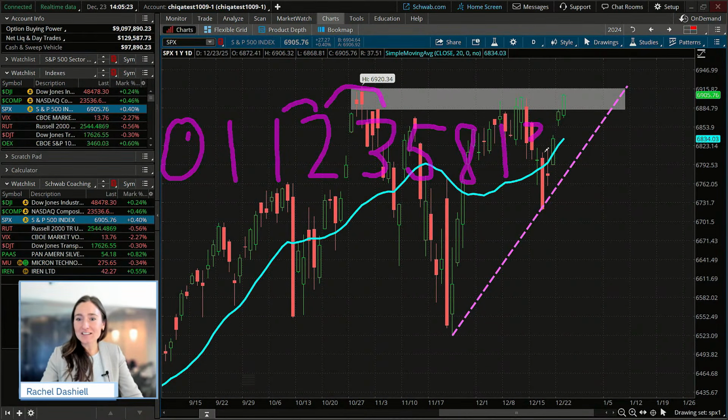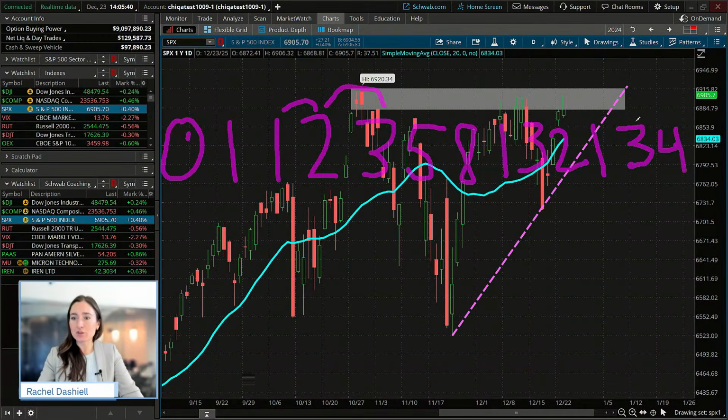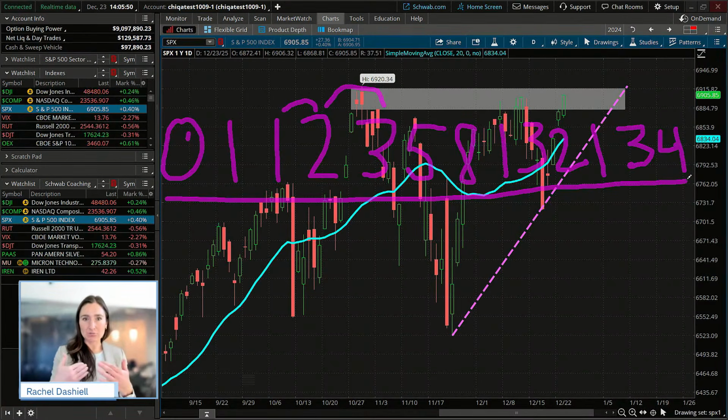Then you get 13, then you get 21, 34. So essentially what this sequence is, if you're starting with 0 and just counting upward and adding those two previous numbers, the existing number and the previous number that you see, it's going to give you that next number in the sequence. And essentially what this sequence does is it creates these ratios in price, especially when we're looking at the markets. And I'll show you this when we look at the Fibonacci tool. But essentially, this is what the Fibonacci sequence is.